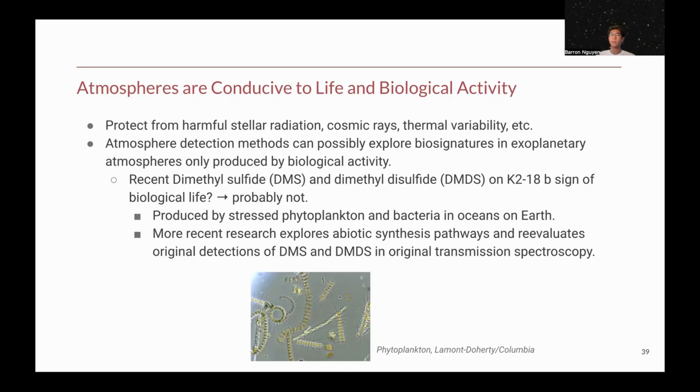The thinking behind this is that on Earth we only know dimethyl disulfide and dimethyl sulfide to be produced by stressed phytoplankton and bacteria in oceans on Earth. That explanation was that if we see that on another planet, there must be life, but not so fast. More recent research shows that there are abiotic ways to create dimethyl sulfide and dimethyl disulfide via atmospheric chemistry, for example, and it re-evaluates the original detections of DMS and DMDS in the original transmission spectroscopy. It doesn't mean it's completely ruled out, but it does reduce the likelihood of